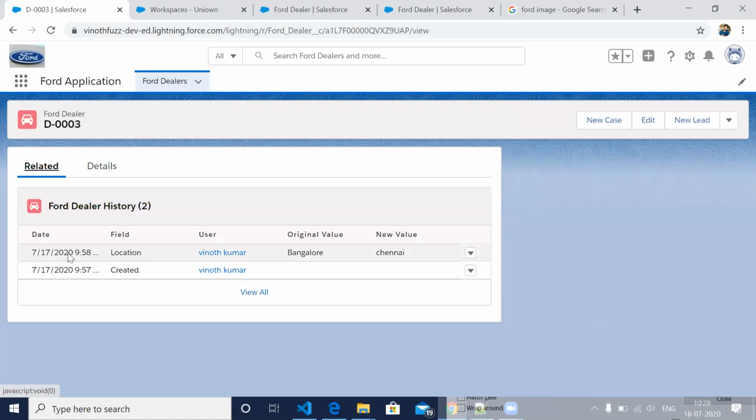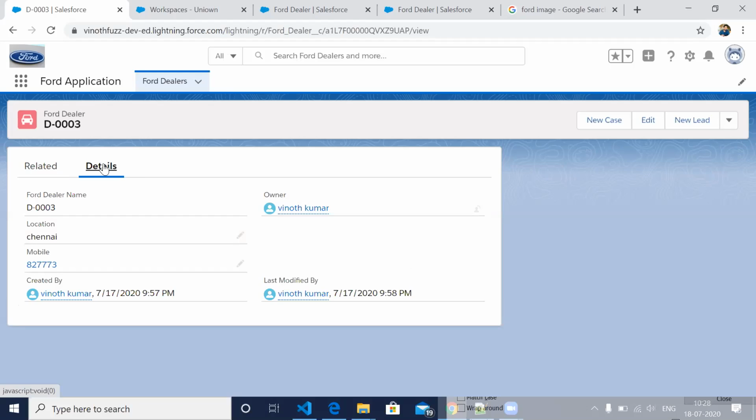This field was changed at this time, original value from Bangalore to Chennai. So like this, all the fields will be tracked here. Suppose sometimes when multiple people are working on the same application, if some changes happen, then you want to know who changed it. In that case, it will be helpful.